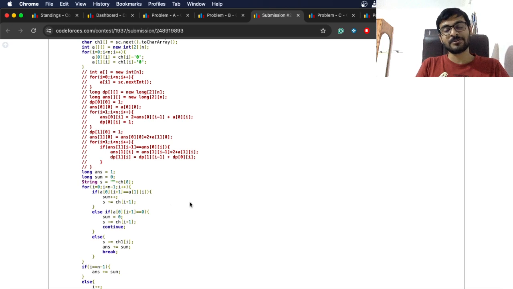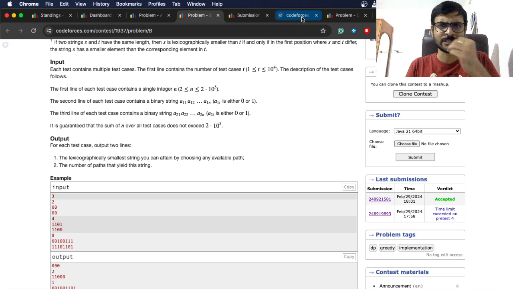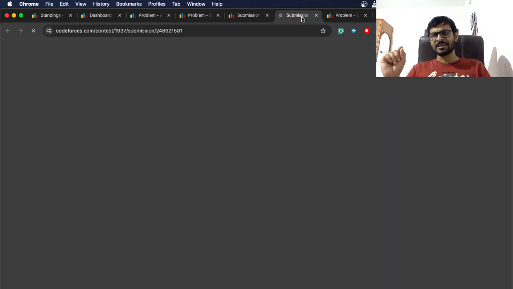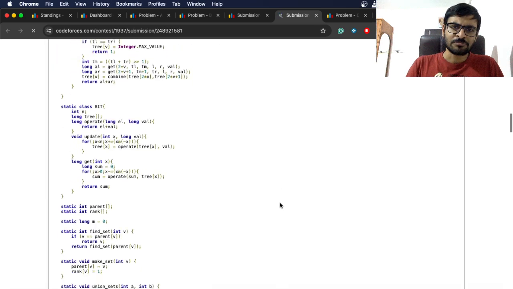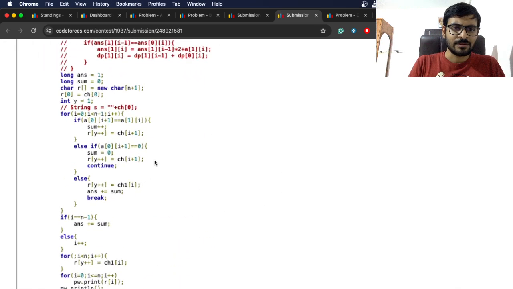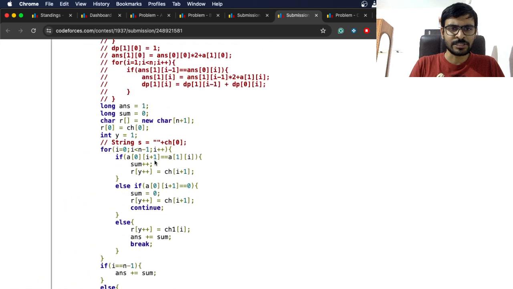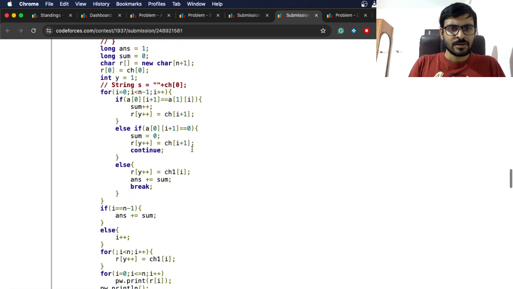Instead of appending at every step, we can actually deal with it like a character array, because there is not at all much ambiguity. At ith index, we'll be recording the ith character. So this is how I took care of the TLE. I dealt with the TLE during the contest only. So yeah, I am taking them in this character array A, and then